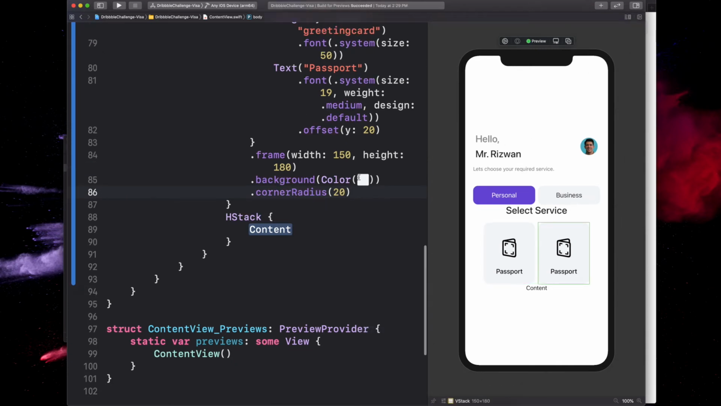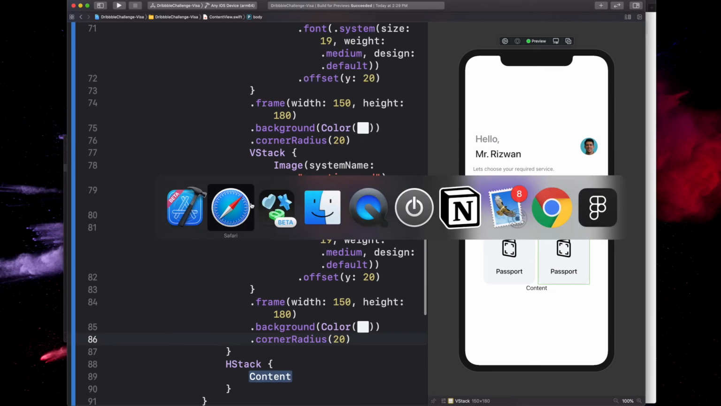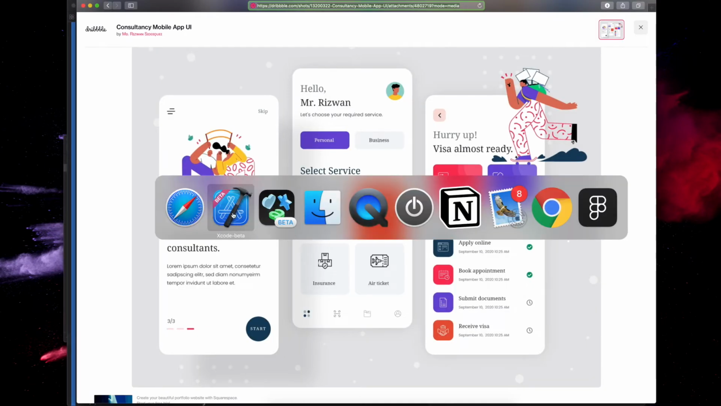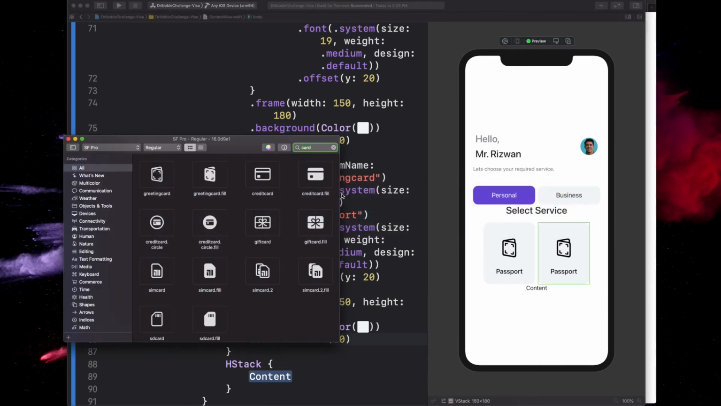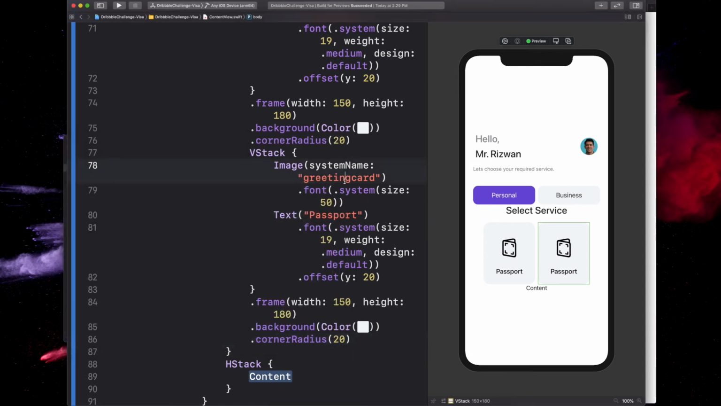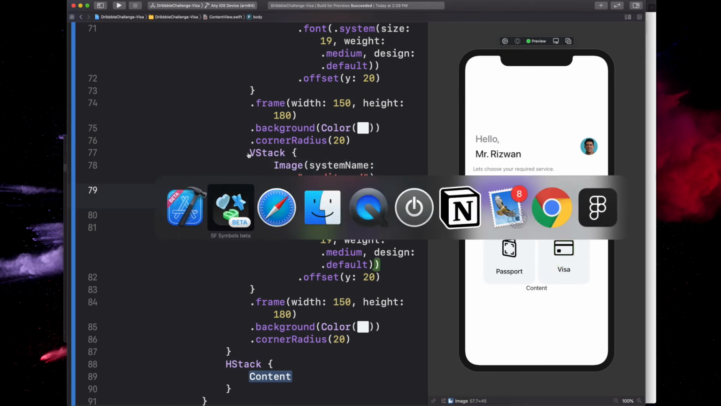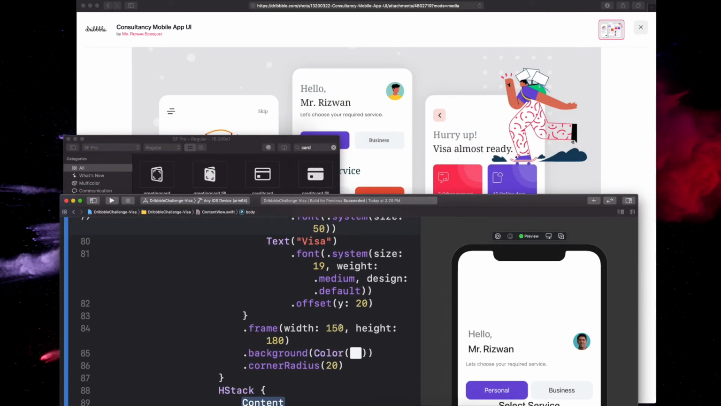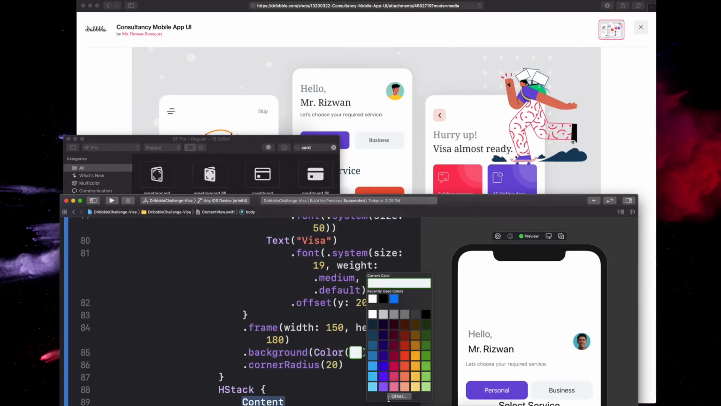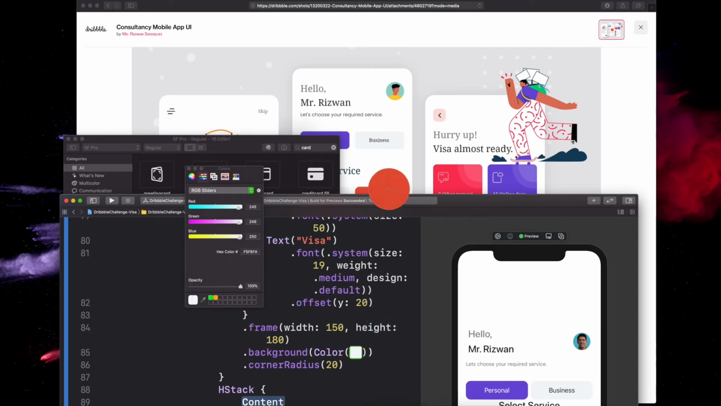There we go. That was weird. All right, now the next one is going to be Visa, and we're just going to do credit card. Visa, and let's grab the picker here. Picker, other, grab you. Okay,